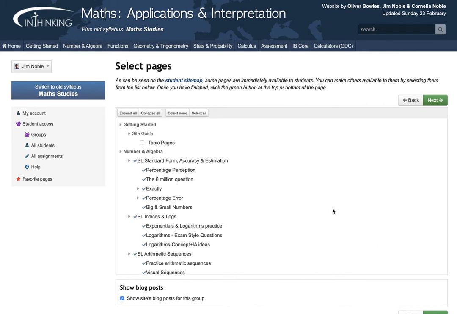One of the things we recognize is that a teacher might not want students to be able to see all the pages on the website. So on this page, you get to decide which of the pages you would like your students to be able to see. Now, you can spend some time on this, or you can click quickly this button that says Select All,